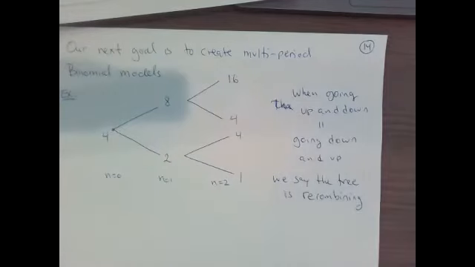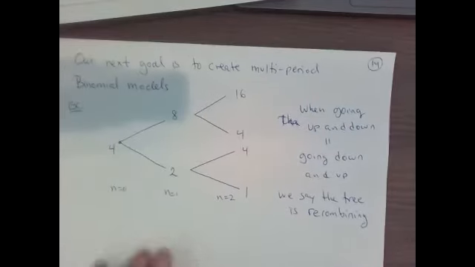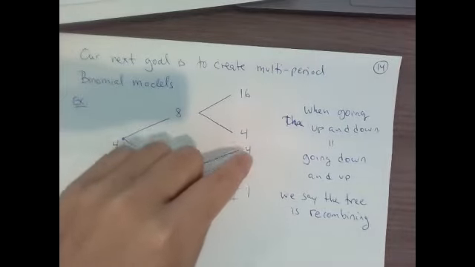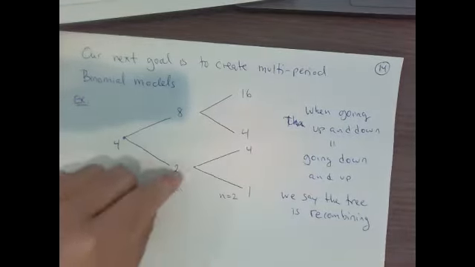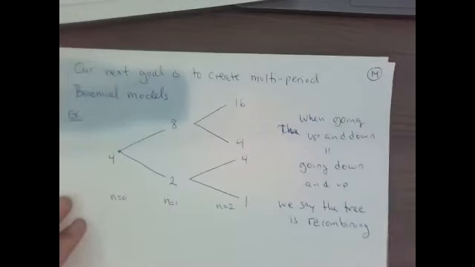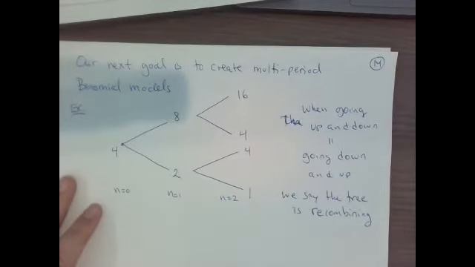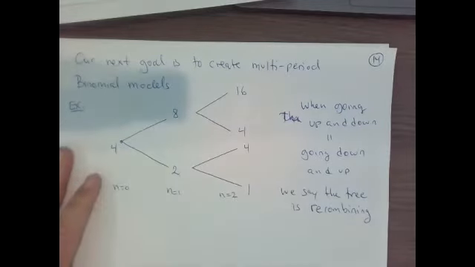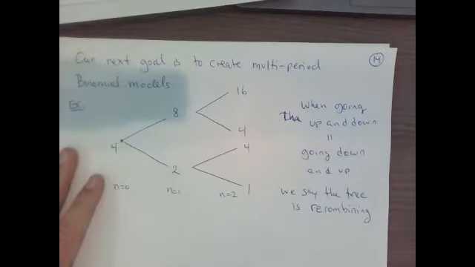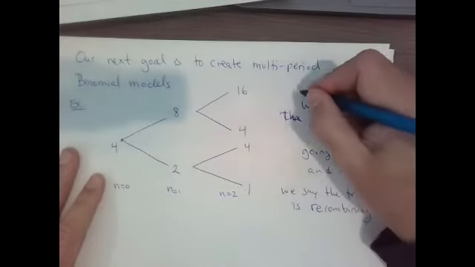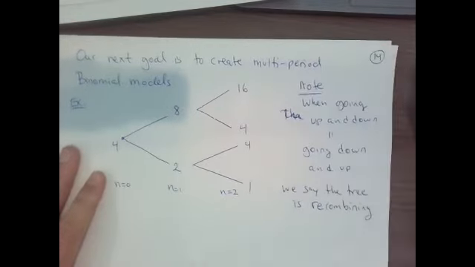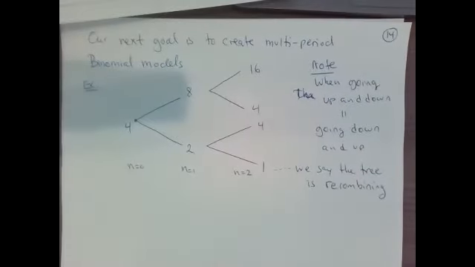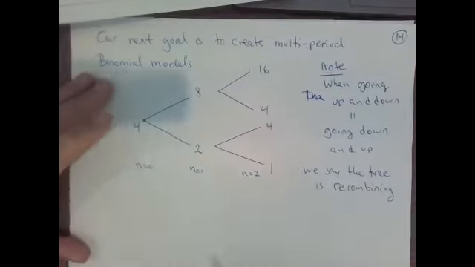It doesn't have to be like that. You can also have that going up and then coming down is different than going down and coming up. It depends on the particular binomial model you're looking at. In our case, we will very often have this recombining property. This is just a note. And then you can move on. There can be more periods out here. Right? So what we'll have is, so the randomness,